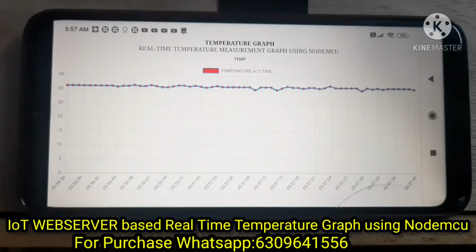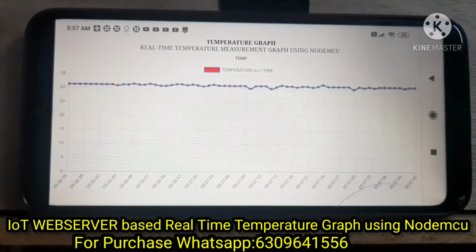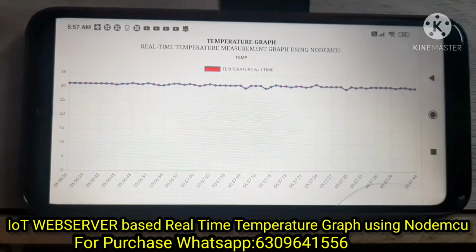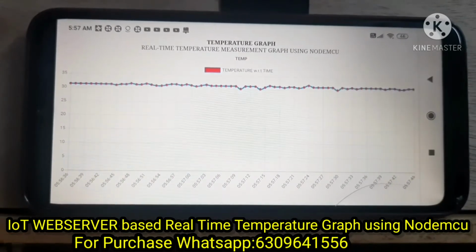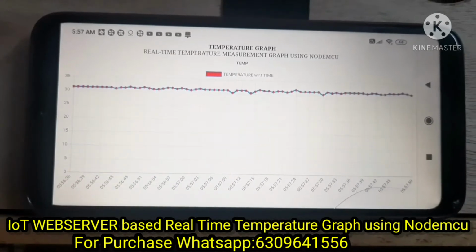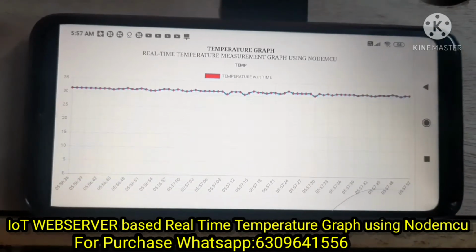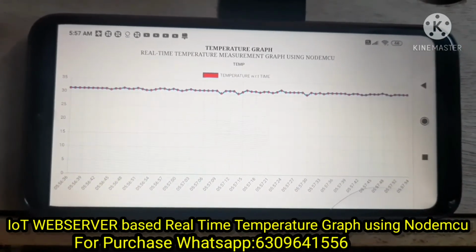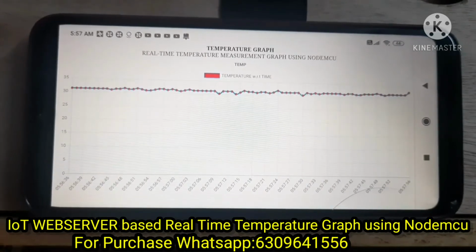In this, you will get time to time what is the amount of temperature change. If any change happens, automatically that will be detected by the IoT browser.